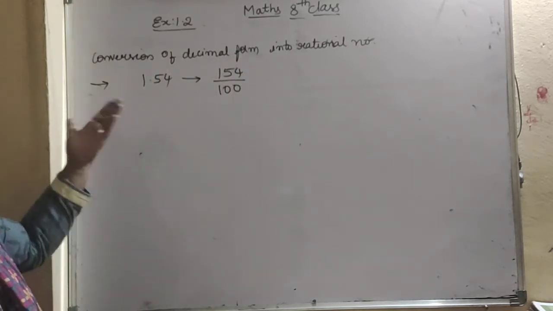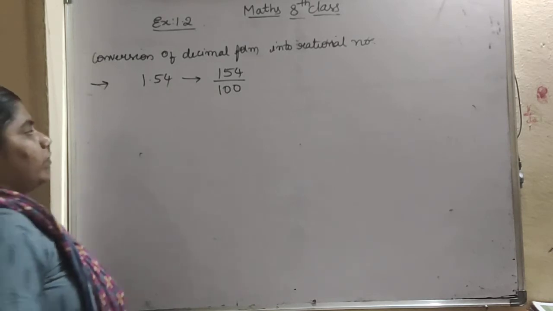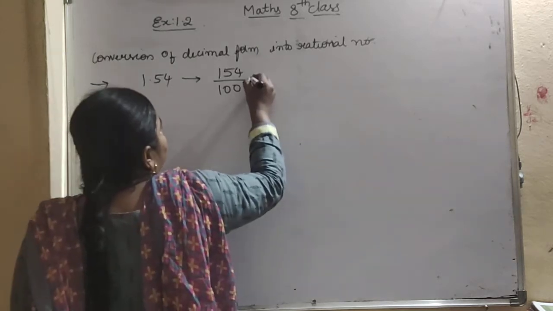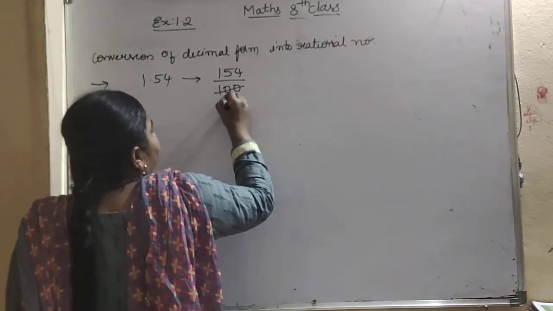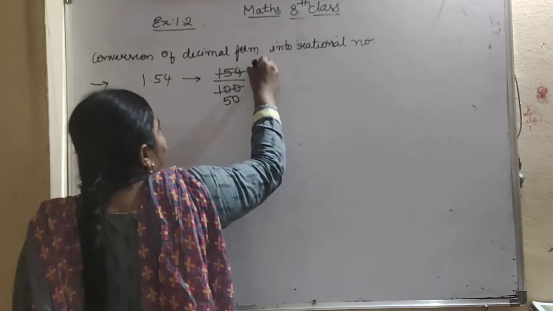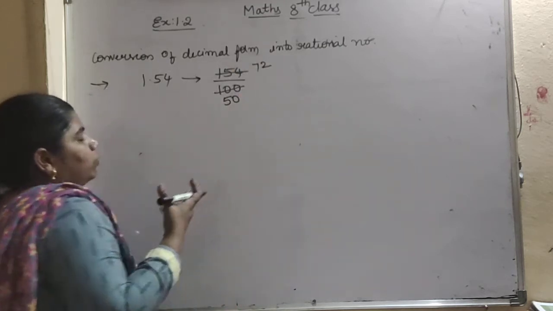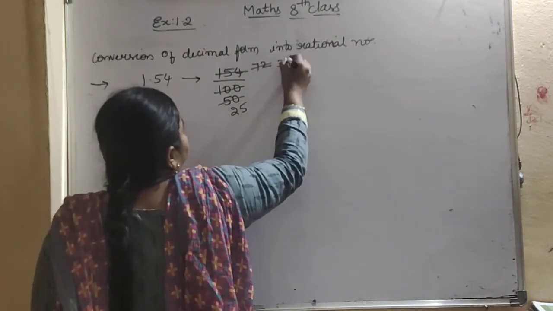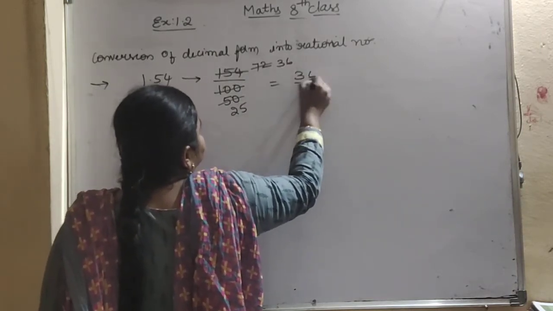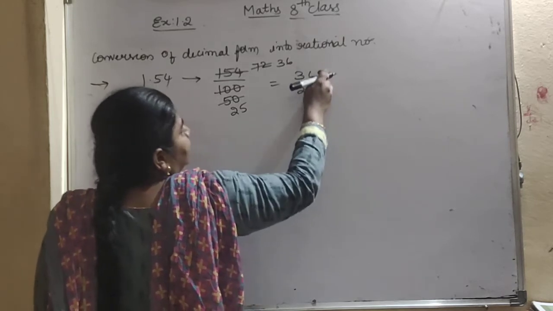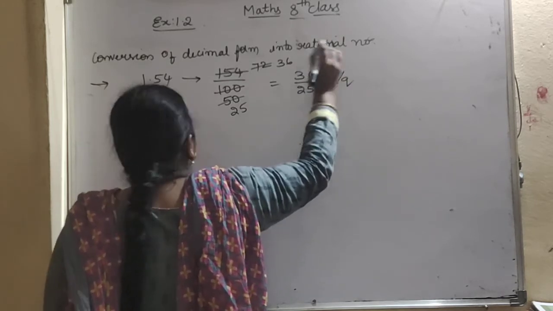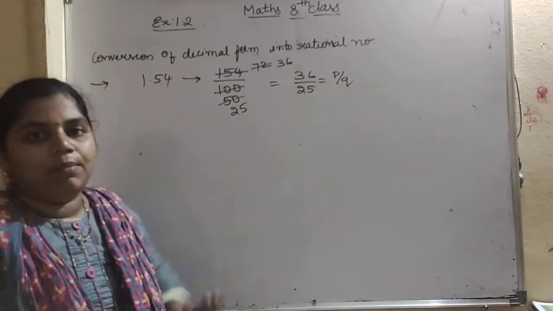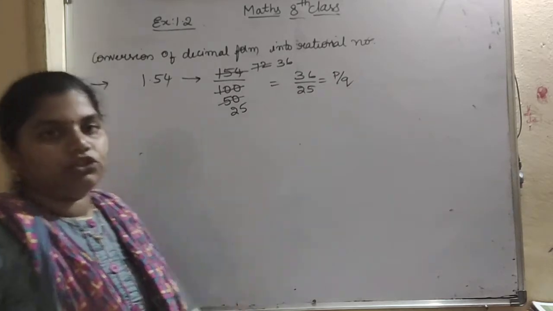So simply you can divide this now. You can divide with 2. Okay, so if you divide this with 2, how much you will get? 2 5s is 10, 2 zeros are 0, 2 7s are 14, 2 2s are 4. Again you can divide with 2 here. 2 25 times, 2 36 times. So what is the answer here? 36 by 25. And this 36 by 25 is in the form of P by Q. So we have converted the decimal form into P by Q form. That is, we have converted into rational number.